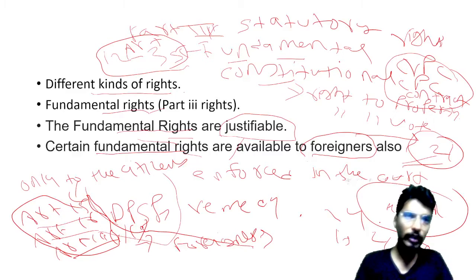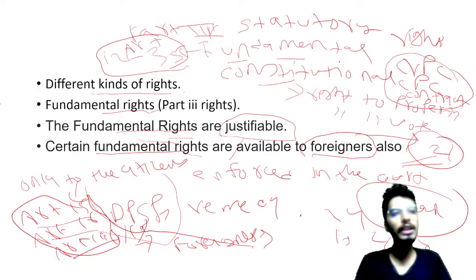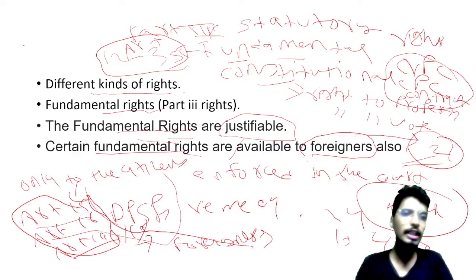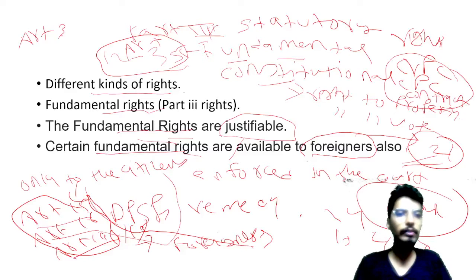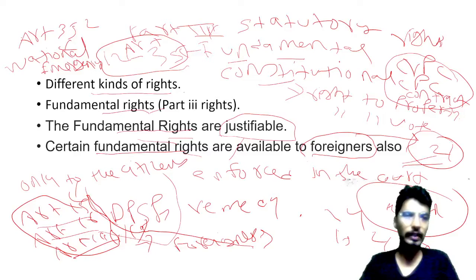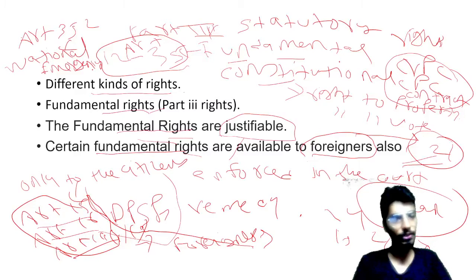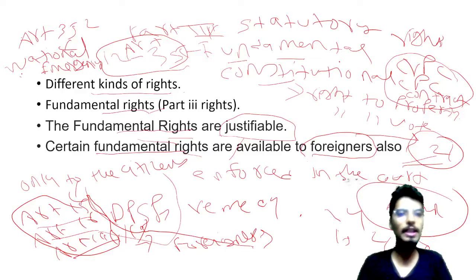Now when you talk about fundamental rights, there are certain fundamental rights which can be suspended if national emergency is imposed. So under the Indian Constitution, under Article 352, national emergency can be imposed. There are grounds to do that, like if there is war, or if there is external aggression, or if there is armed rebellion. If there are those grounds, then national emergency can be imposed.